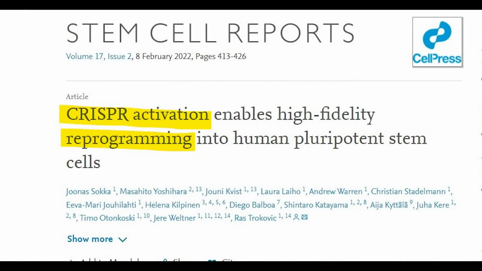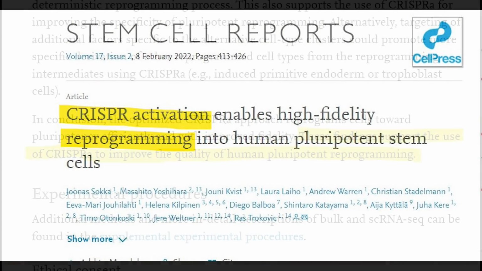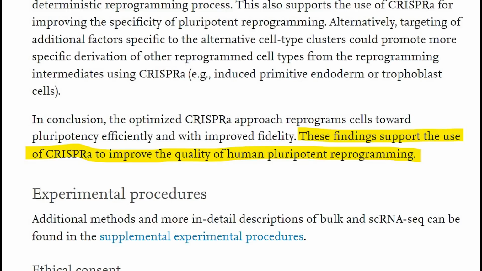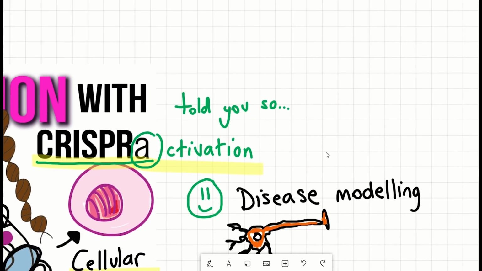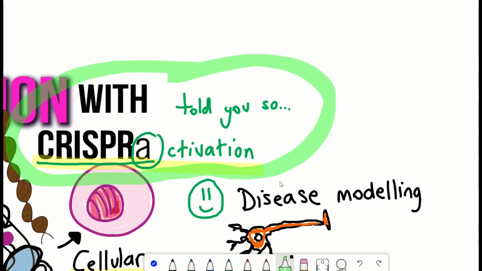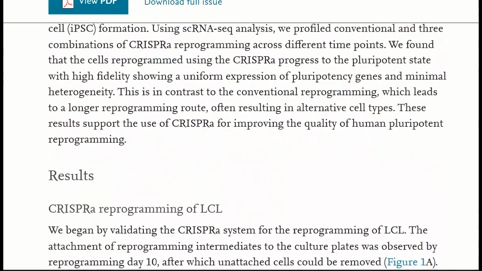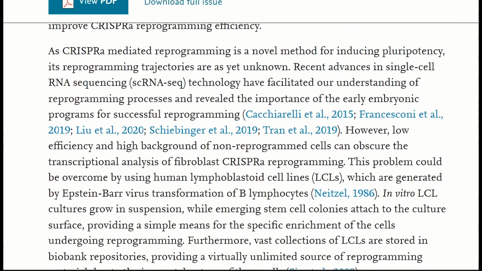So this brings me on to the new publication, where they conclude that these findings support the use of CRISPR-A for high-quality, pluripotent reprogramming of human cells. So how did they do it, and are there advantages or disadvantages to the CRISPR approach over these more conventional ectopic gene expression approaches? So to speed up their discovery process of other potential target sites, they used a system